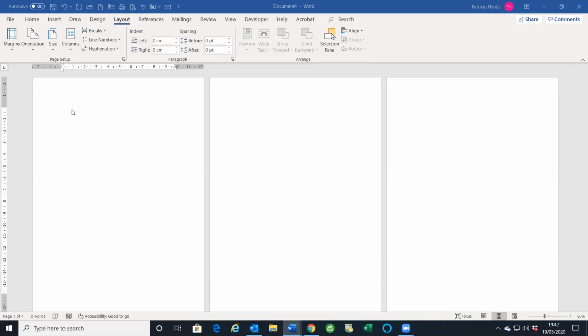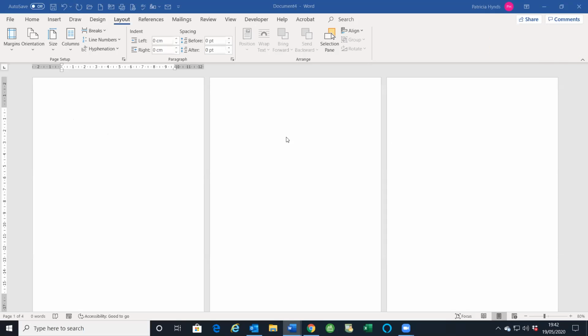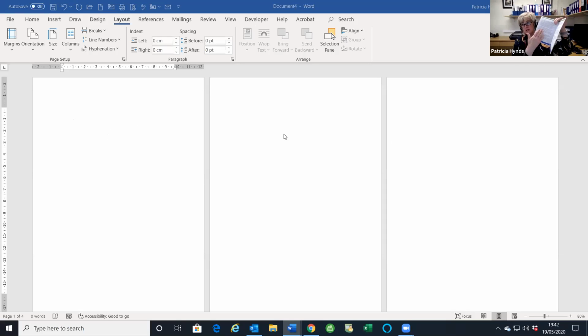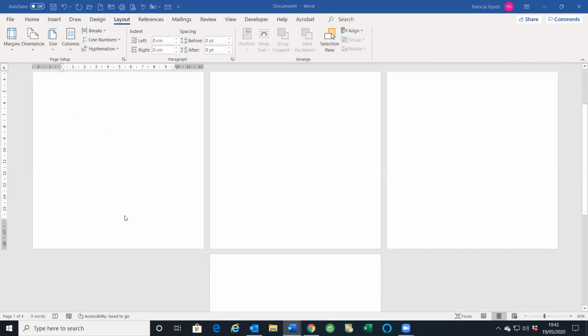Yeah. Okay. Right, so I have 4 pages here. Basically the first page will be the front cover. The second page will be the inside. Third page will be the inside right page. And then the last page will be the back cover. Okay. Now, just for mine,